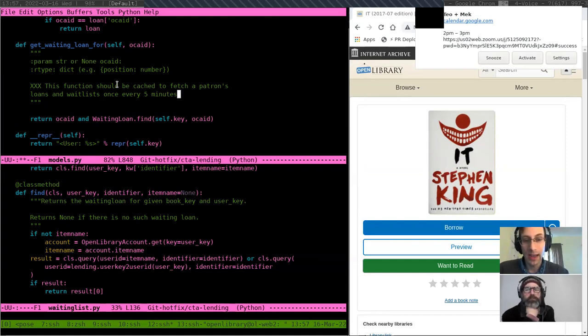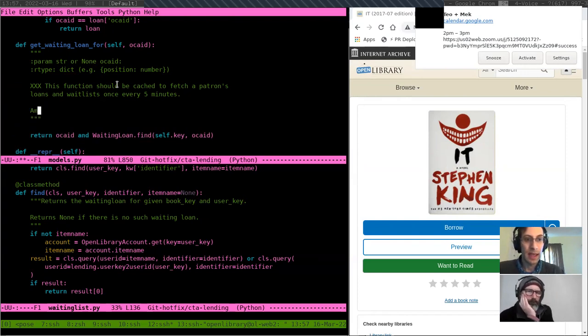We just don't want to do it on every page load. Yeah, 5 minutes seems fine. And we want to break cache as a first step in borrow. Yes, and this is going to be plugins upstream borrow,